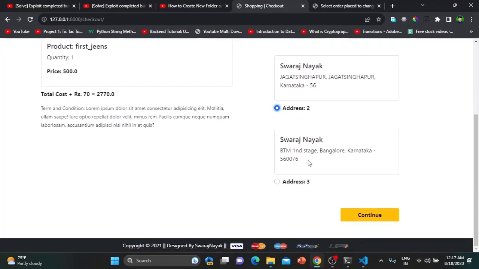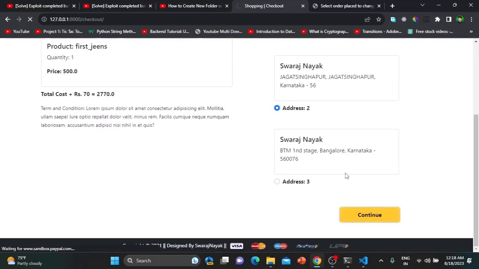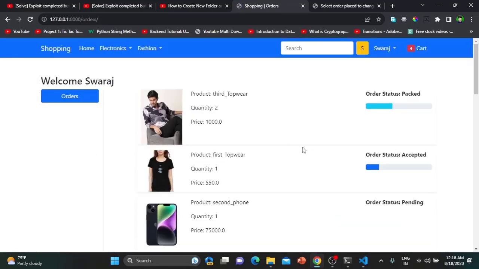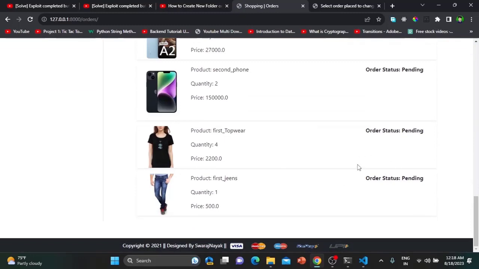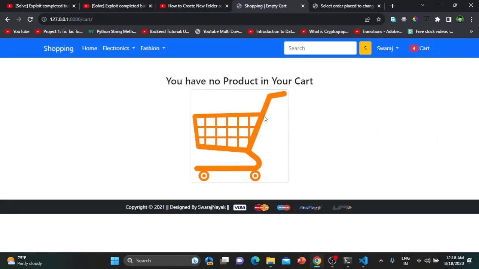If you select it here, you just continue, then all the products are ordered. Automatically, when I order all these products, they are deleted from the cart. Now it's ordered, my cart is empty, meaning the products were deleted from the cart database, and